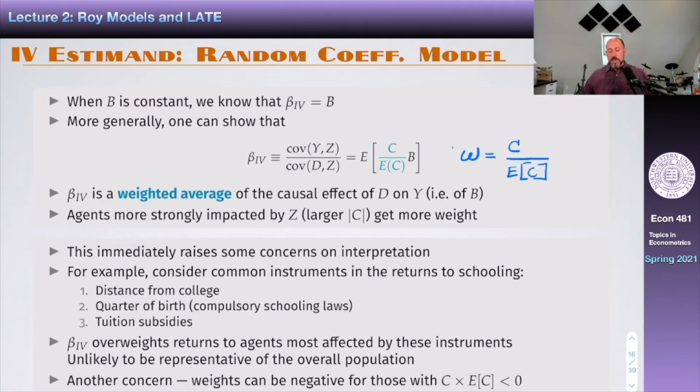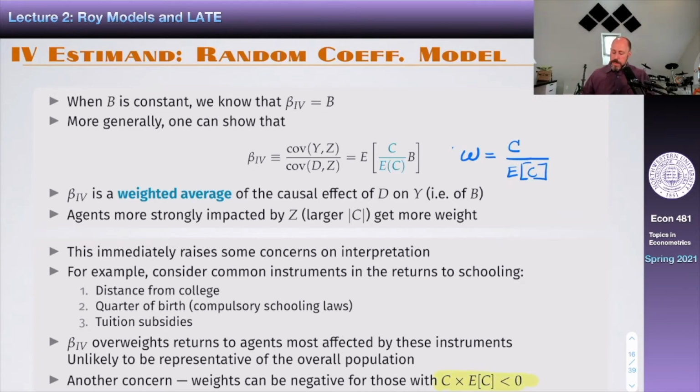So it's just going to assign a higher weight, for example, to those individuals that really care about distance. And those are going to play a huge role in what you find. And it's going to put very little weight on others that care less about that. So the question is, why do you care about that? Is that a representation of the overall population? I don't know. Another concern, and this is the one that sometimes people remember more, is that these weights can